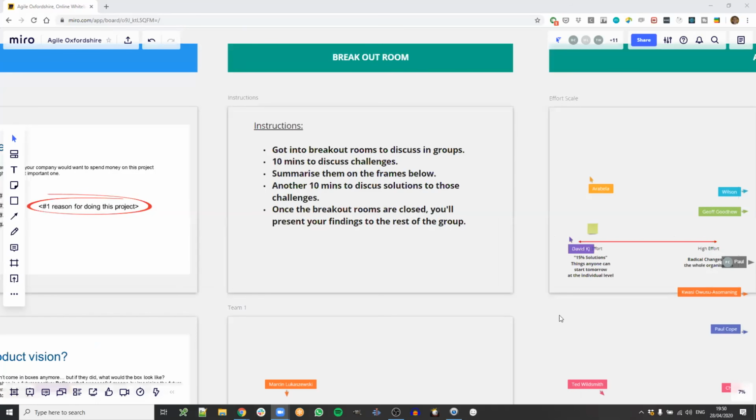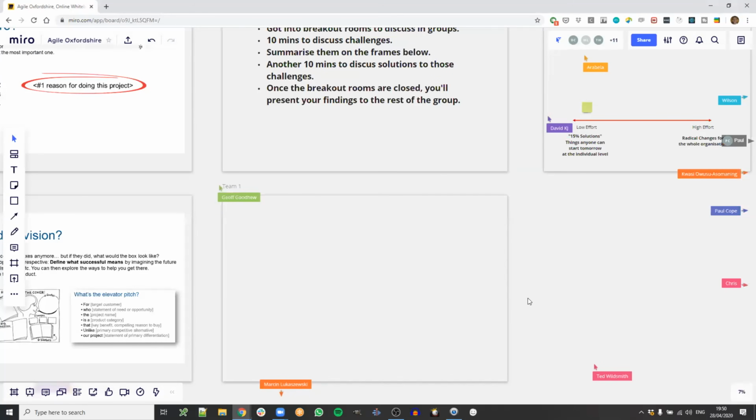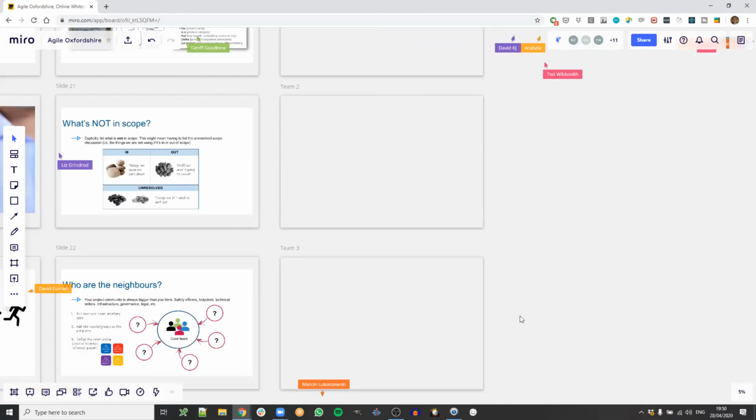And so I thought that it depends on how many groups we can have. I think if we have maybe 5 groups, I've made this blank sheet here, team 1, team 2, etc. If you see that on the screen.